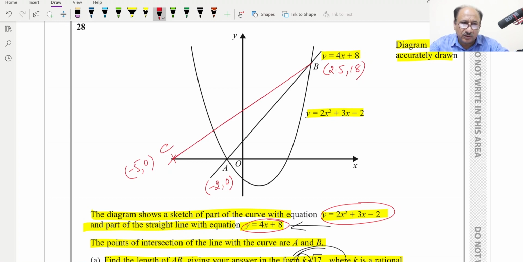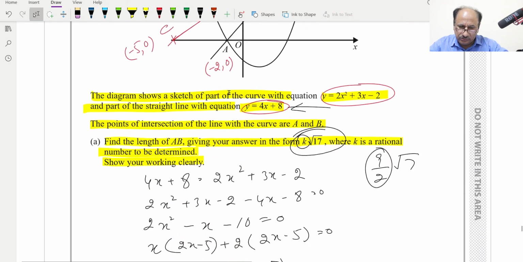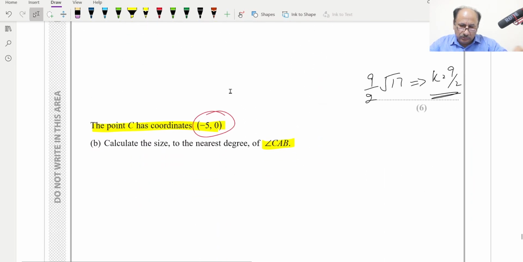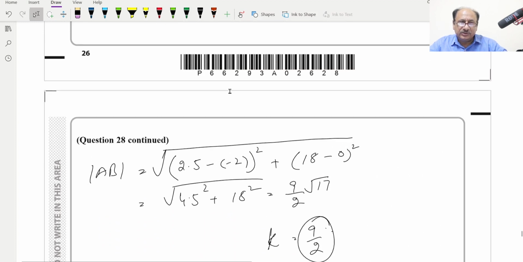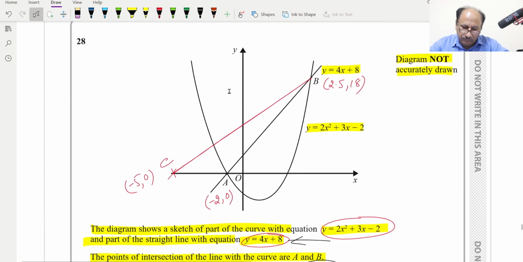After joining this one, they are asking us for angle CAB. So CAB will be this angle. This angle is required. So the easiest way is, if we find this angle, then we can subtract this angle from 180 and we will get the required angle. And to find this angle,